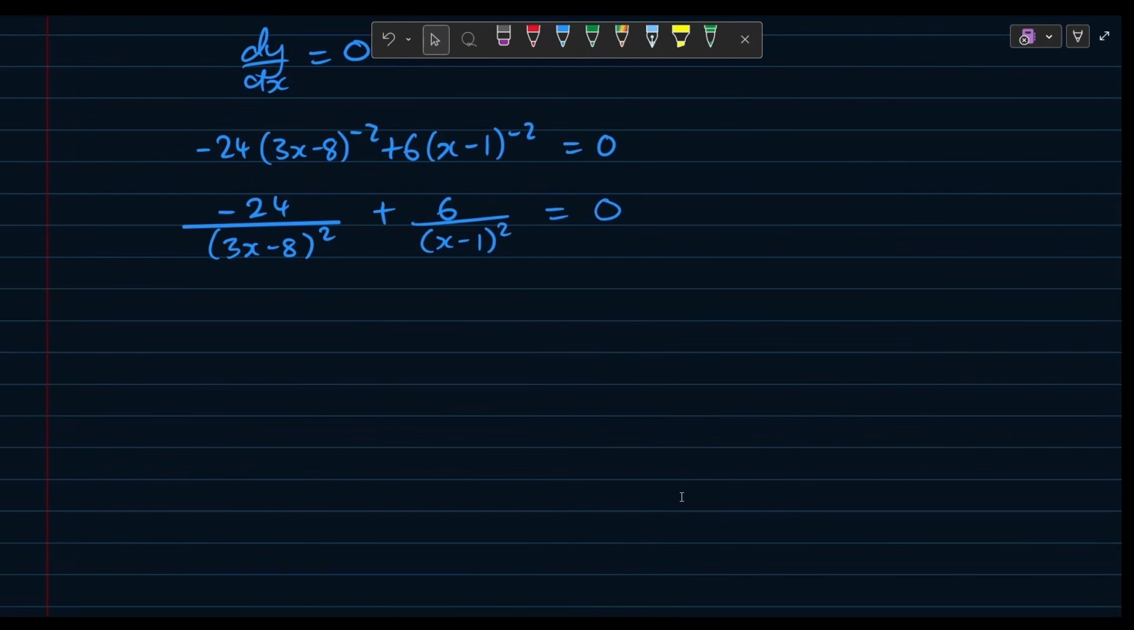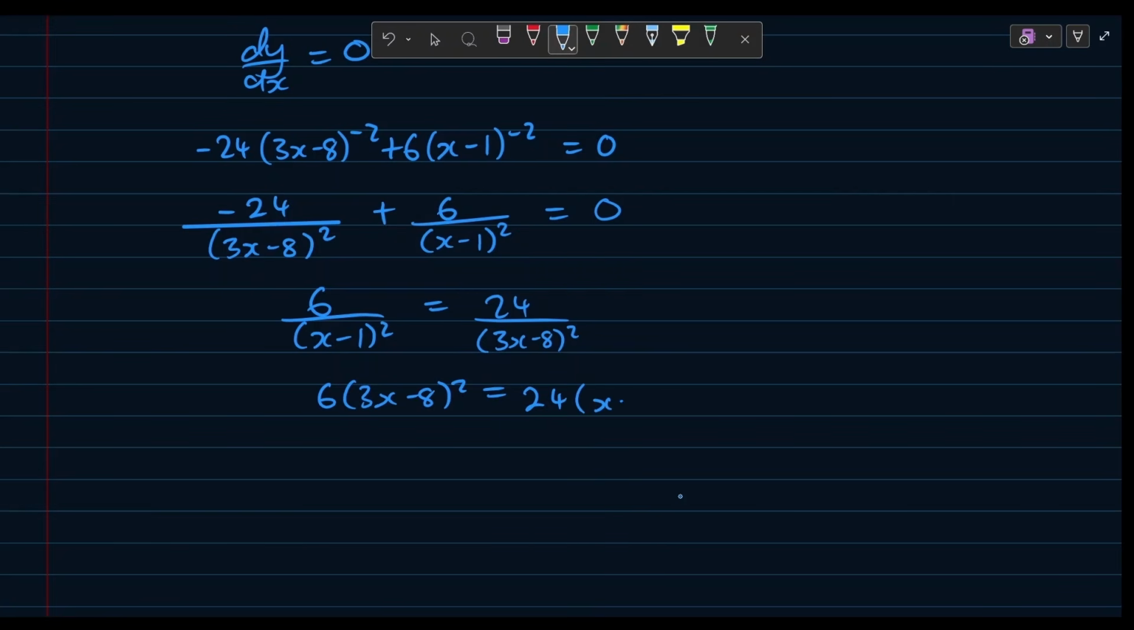And so what we can do, I guess the easiest is I'll just move this first term to the right hand side to make it positive, and then we'll cross multiply. So 6 over (x - 1) squared is equal to positive 24 over (3x - 8) squared, and we can cross multiply. So I've got 6 times (3x - 8) squared is equal to 24 times (x - 1) squared,